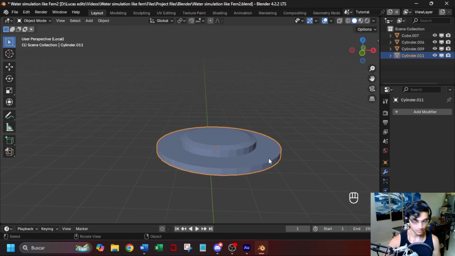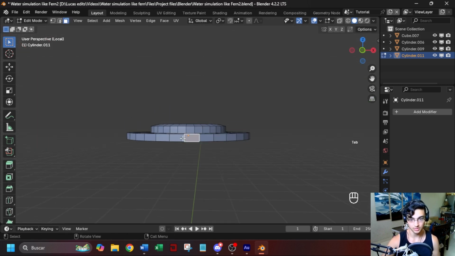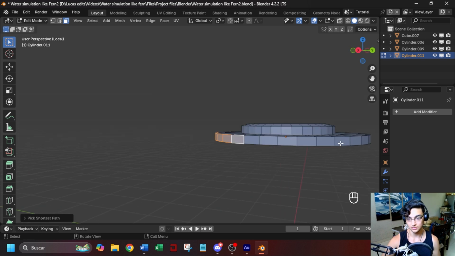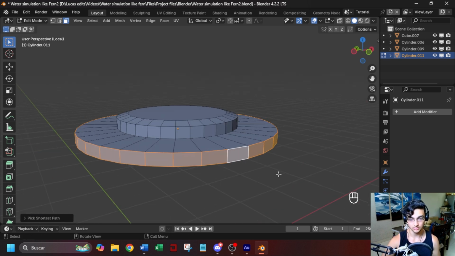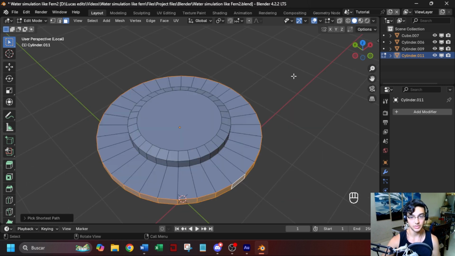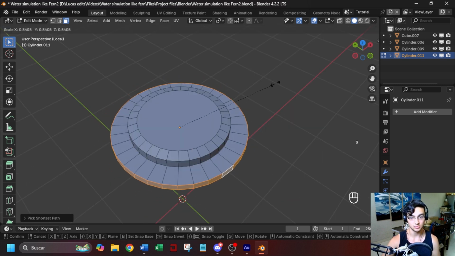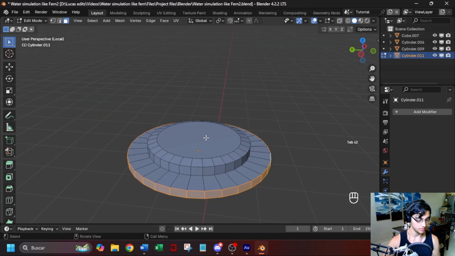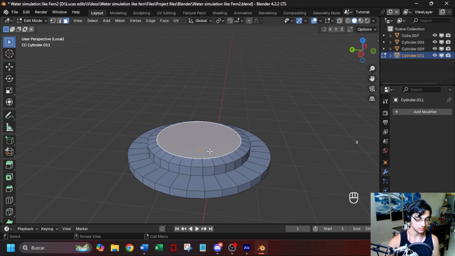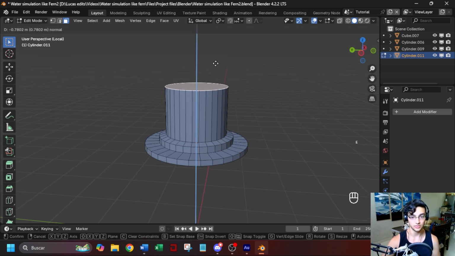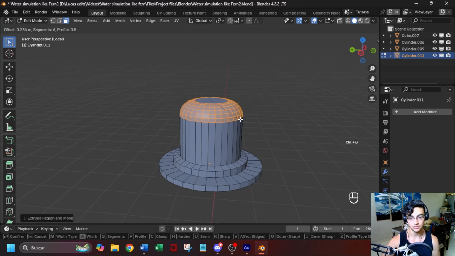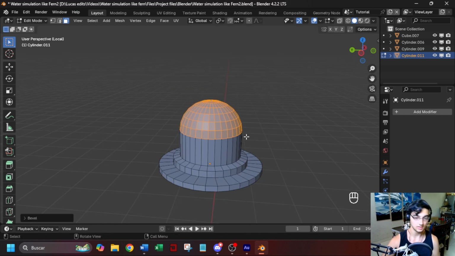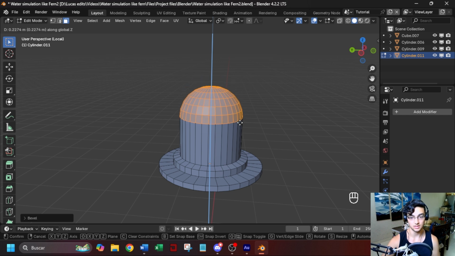Now I'm going to go to edit mode, and I want to select these faces right here. I'm pressing Ctrl and click to make this selection, and I want to press S and make this smaller, something like this. Now I'm going to select this face right here and press E to extrude this roughly right here. Now I'm going to press Ctrl B to make a bevel, something like this, and GZ to make this larger,